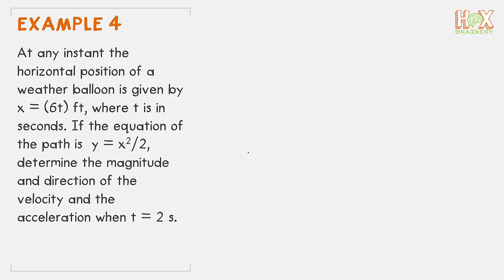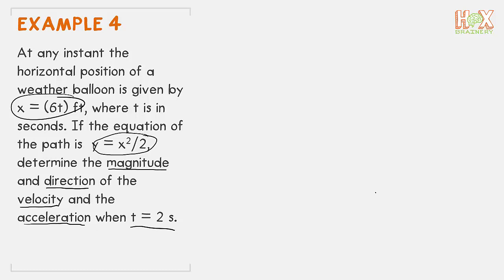Example 4. At any instant, the horizontal position of a weather balloon is given by this, where t is in seconds. If the equation of the path is this here, determine the magnitude and direction of the velocity and acceleration when t equals 2 seconds. All right, so we want to find the magnitude and the direction for both the velocity and the acceleration at